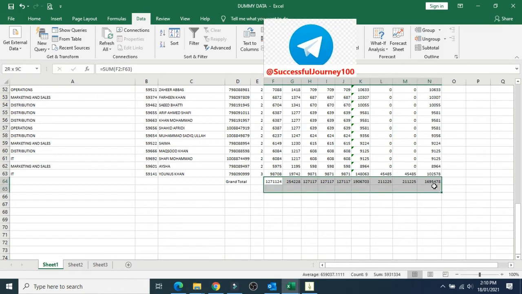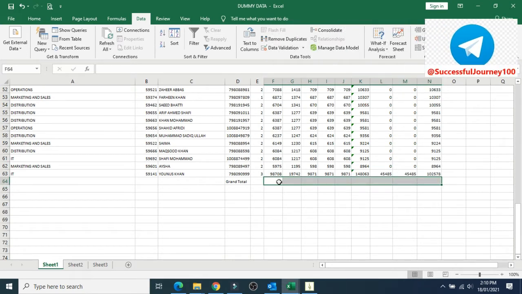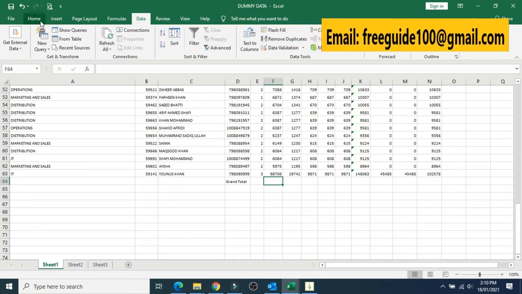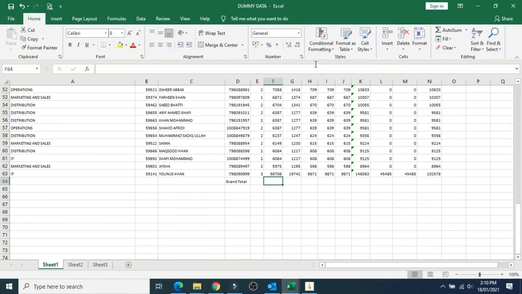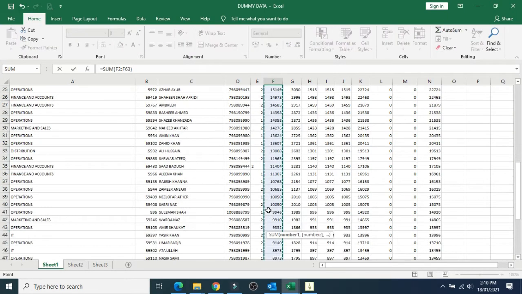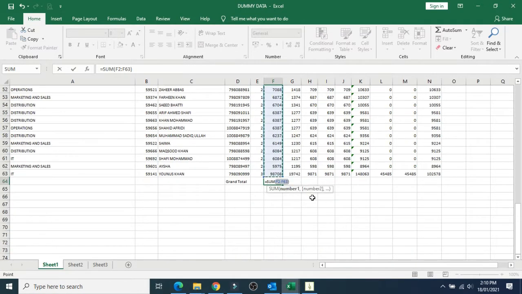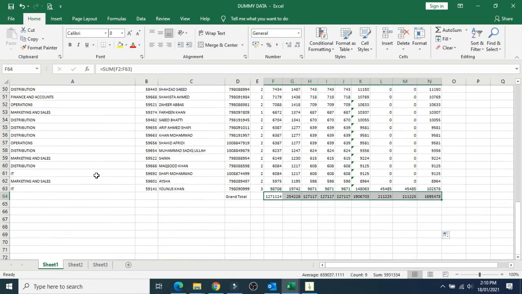I'm deleting this grand total and refreshing your memory of what I taught you last time, the auto sum function. If you have not seen this video, I'm giving you the link, so please watch this video and learn about auto sum. So auto sum is a function. I click here and select the field, which is automatically selected, and I press enter, and then I drag it to all fields, and I get all the totals of the sheet.